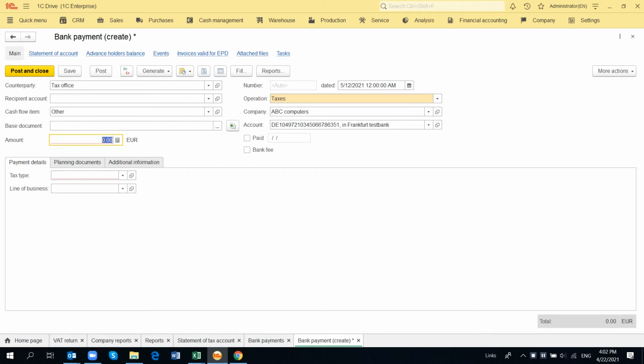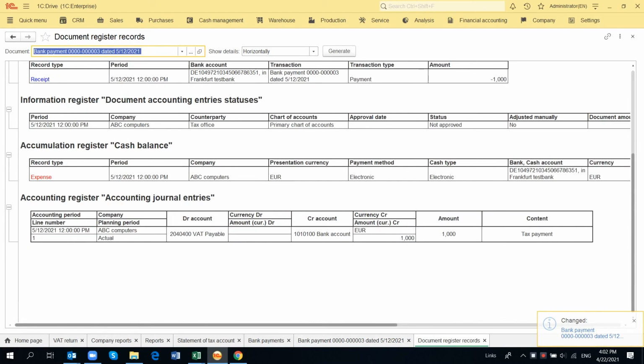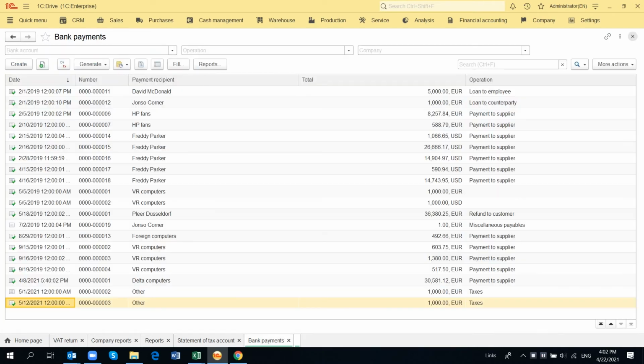Let's suppose we pay €1,000, and tax type is VAT. So we will post the document. We need to check that it is paid. So post again. And here we see that VAT payable account was reduced by the payment from bank account.